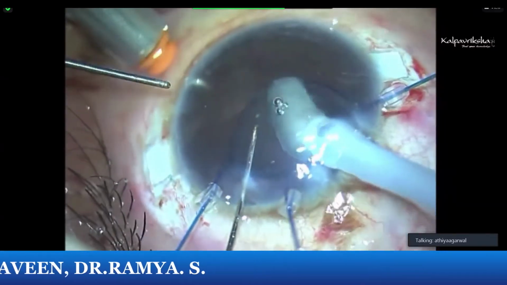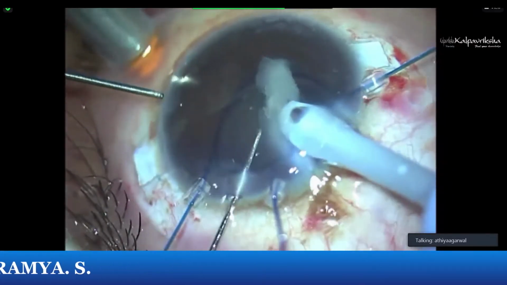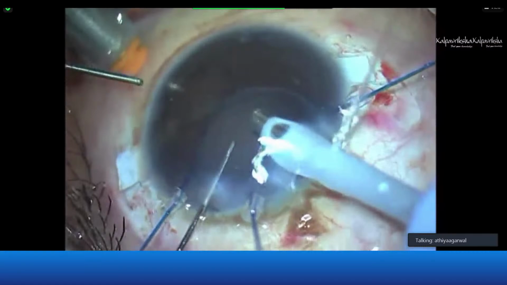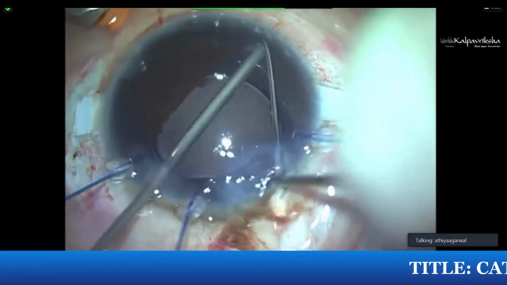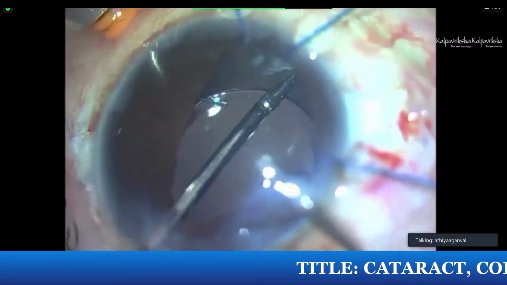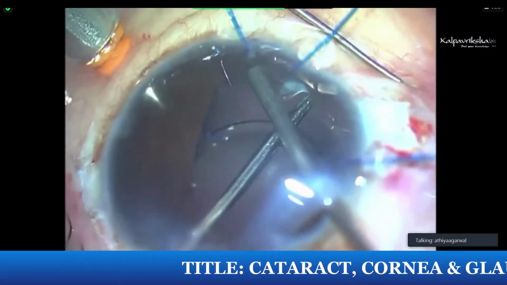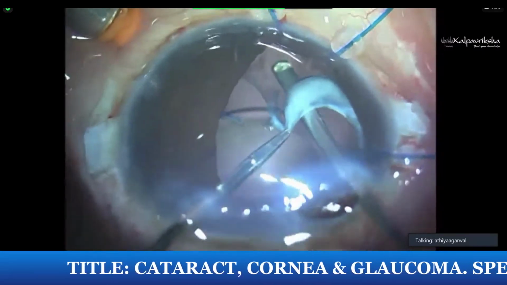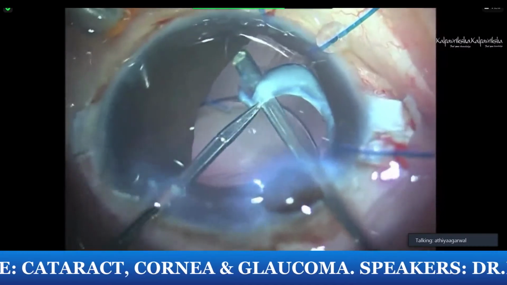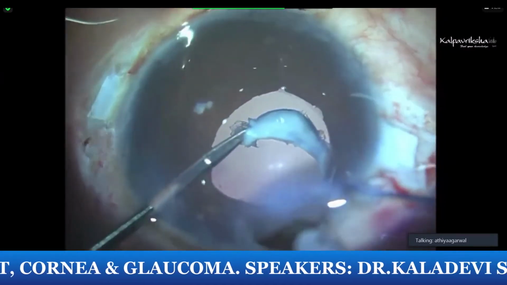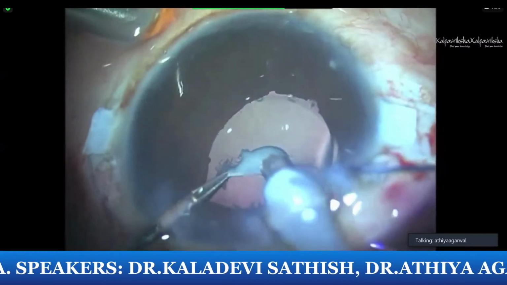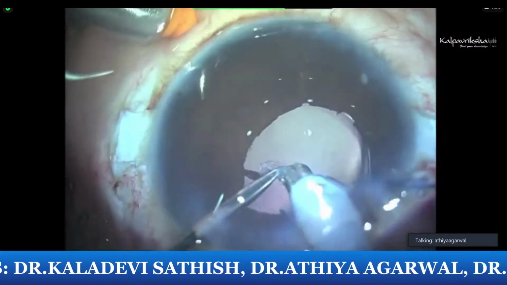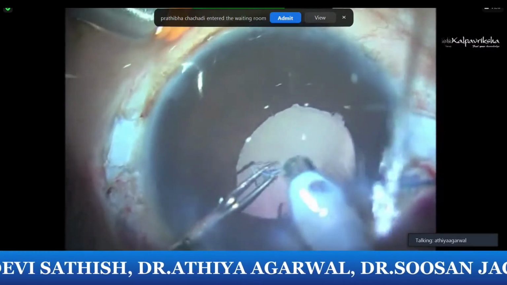And using the phacoemulsification probe, fluid is flowing inside the eye always, because any of these glued IOL surgeries you cannot do without fluid inside the eye. Once again, the vitrector goes inside, releasing the adhesions. This ring may fall back, so I have taken a forceps in my left hand. I'm holding on to the ring so that it doesn't go back to the gap between the lens optic and the iris, and then emulsified it.